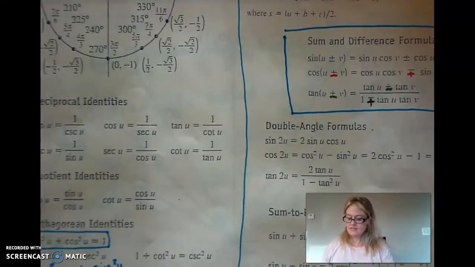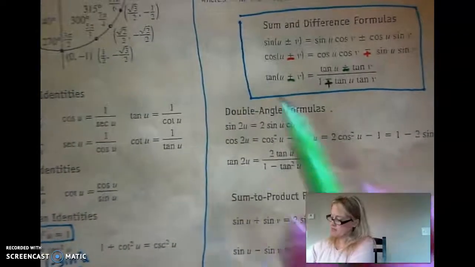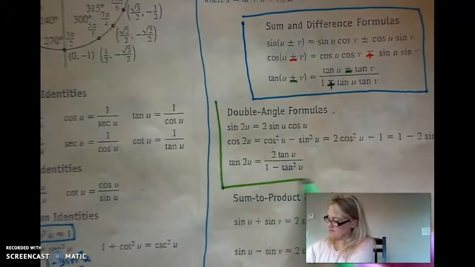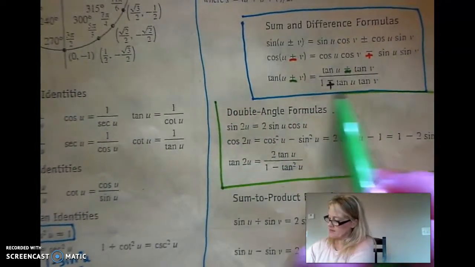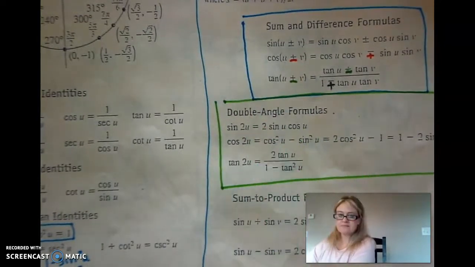So today we're going to look at the double angle formulas. They are right underneath the formulas that we looked at yesterday. And so when I'm referring to the formulas, these are the formulas we're looking at, okay? All right,